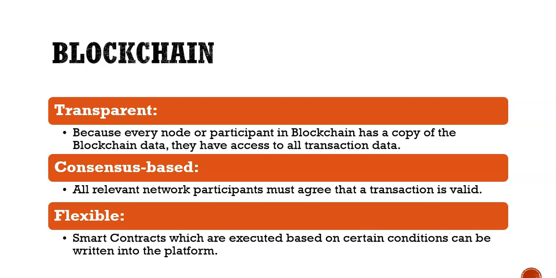So there is a very, very little chance for an invalid transaction to happen. And it's completely flexible, in the sense you don't want it to rely on a third party. So you write a program and you deploy it on the blockchain, and you want that smart contract to come into existence on a particular date, particular time. That is also possible. So these are the features of blockchain.